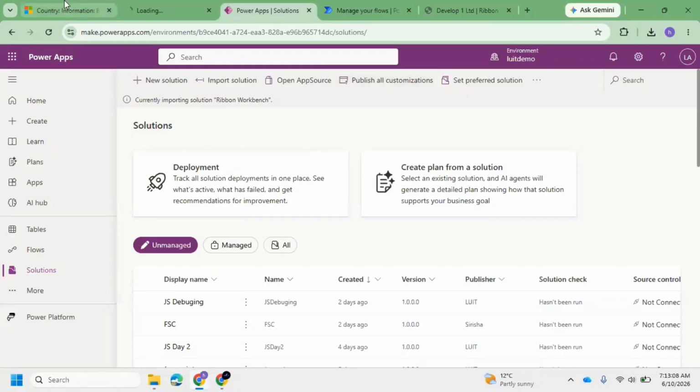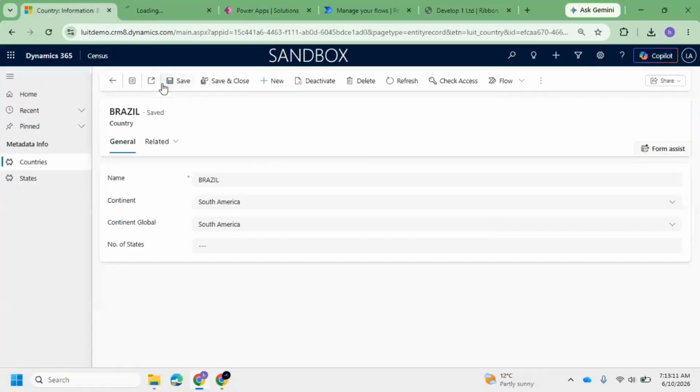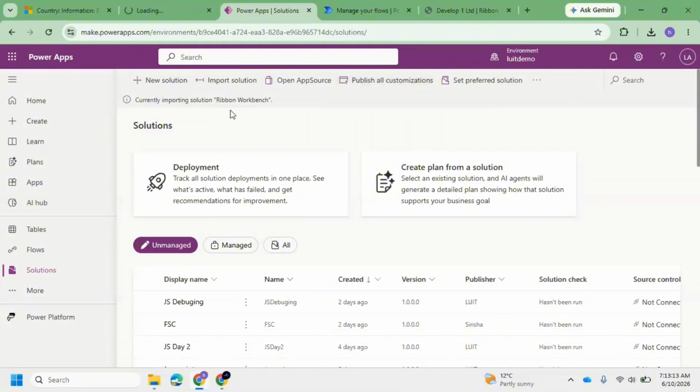Whenever you want to create your own button, we will be using this Ribbon Workbench. For that, we have to download from this site and import that solution here. Then we will add our entity to a custom solution. Then we will edit the buttons. We will add the buttons, everything we will do. Let it finish. Meanwhile, this is the classic editor for